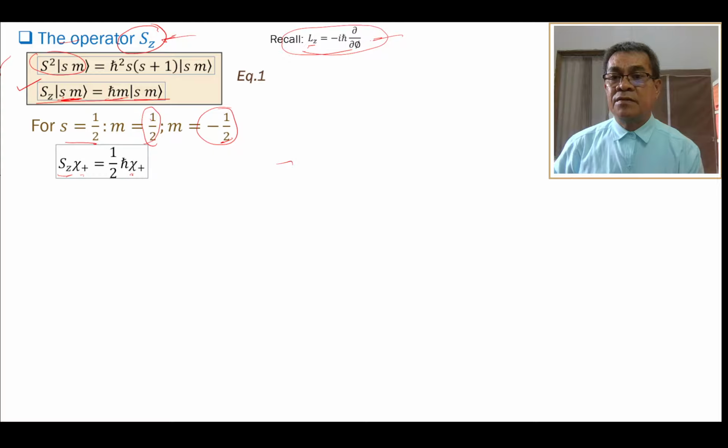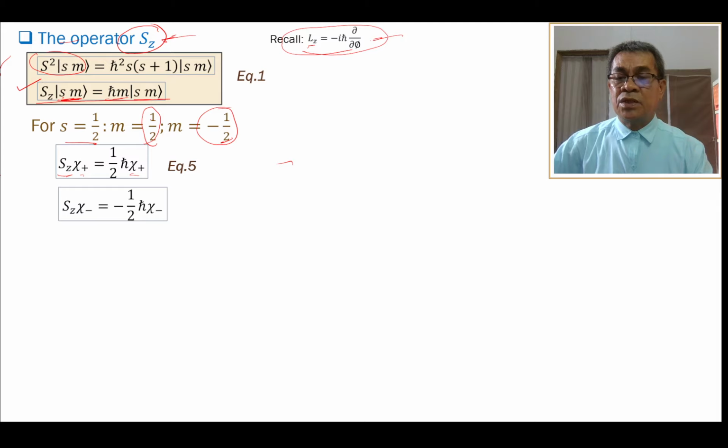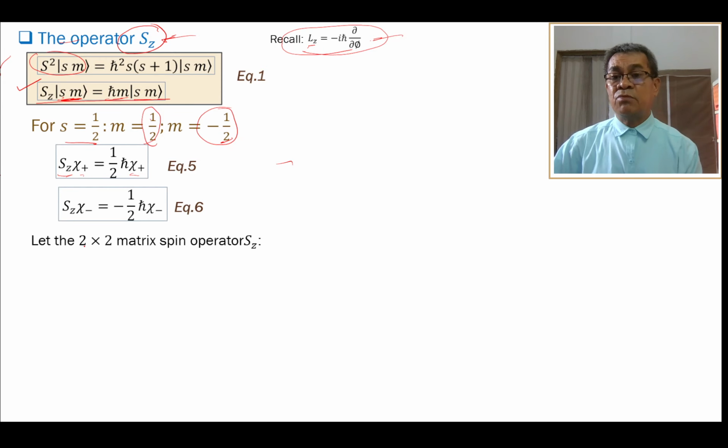Okay? Then we have that spin on half. Okay, equation 5. So then we can also let that Z component act on the spin down. Then we have negative one half h bar spin up. Equation 6. Okay. Then again, similarly, we have a 2 by 2 matrix for the spin operator along